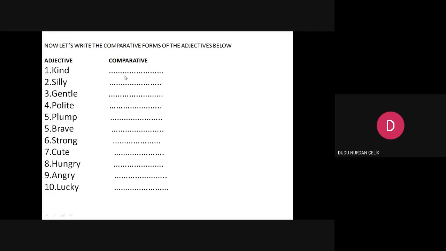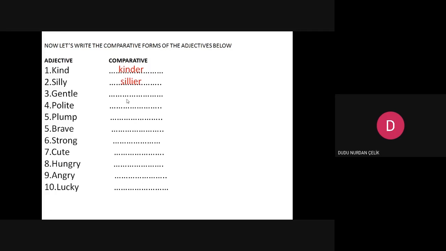Now you say the comparative form. Kinder. That's right. Silly. Here we have got silly. Be careful, it finishes with Y. Make your guess, please. Okay. There it comes. Sillier.